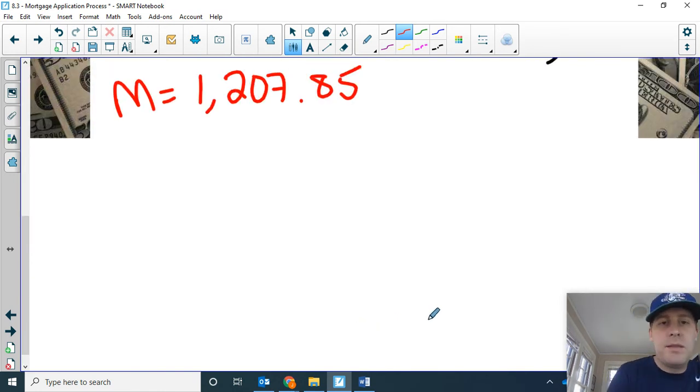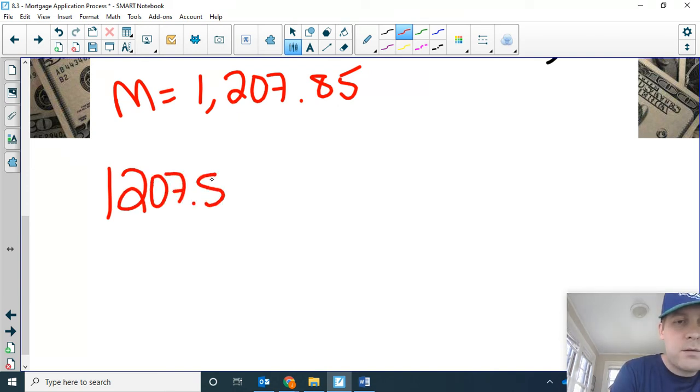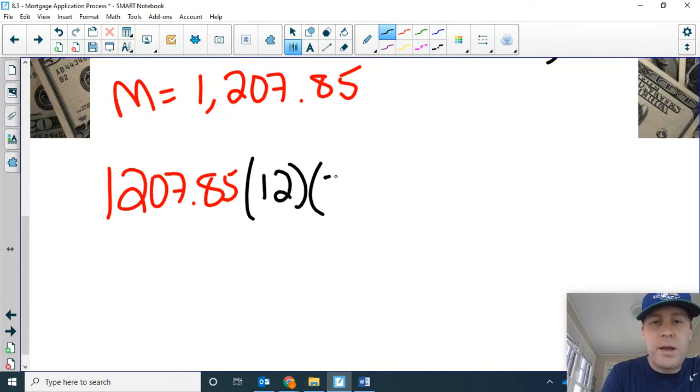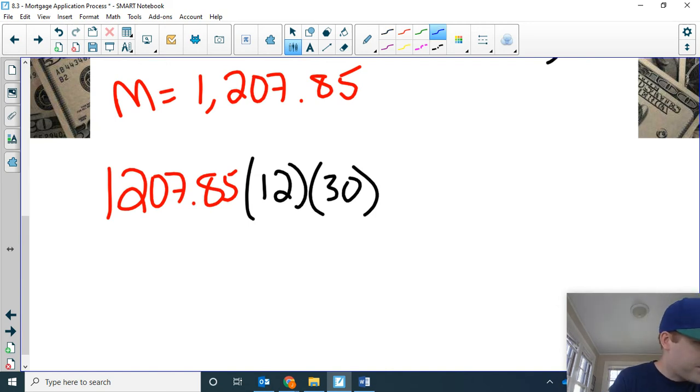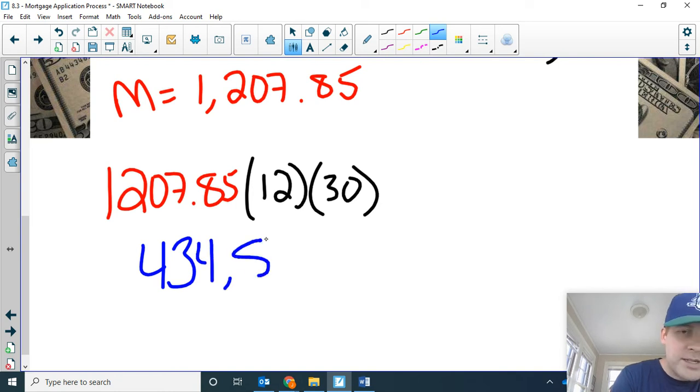Now, to find the total amount that they're going to pay towards their mortgage, we're going to take that monthly amount, $1,207.85, and multiply by how many times he makes the payment. It's 12 times per year. It's a 30-year loan, so we're multiplying that by 30 years. Okay? Which gives us a total value here of $434,826. Now let's subtract away the principal of $225,000,